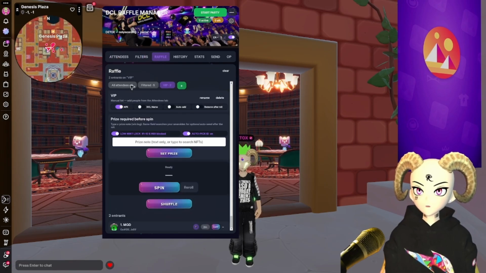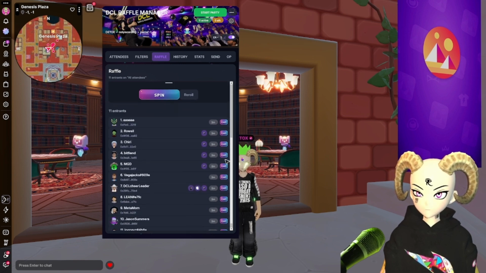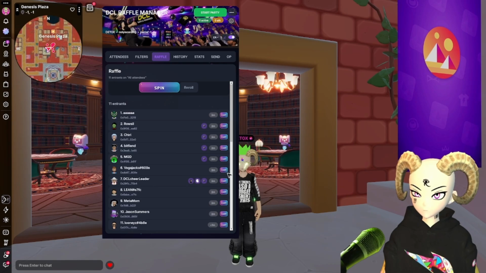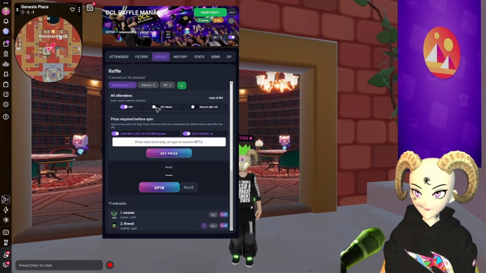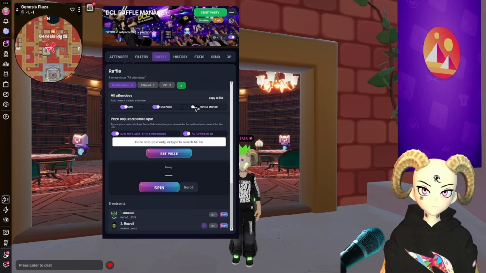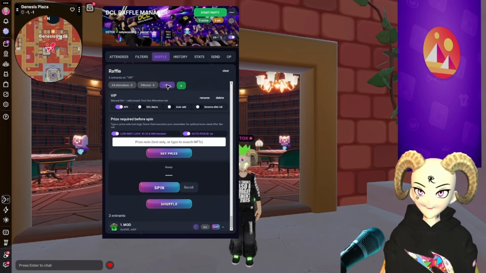So you click the raffle tab, and it should start you out on all attendees, which is a live list of everyone at the party. Every 30 seconds, it will be refreshing. One thing that's cool is we do see a few users here that do not have a DCL name. So I'm going to enable DCL name, and you can see it goes from 11 entrants down to 8. There's another option for remove after roll, but that does not work on the live list. That needs a custom list like VIP list,